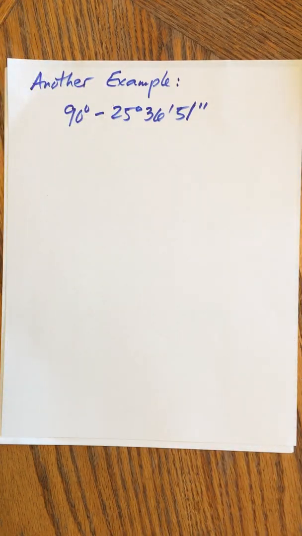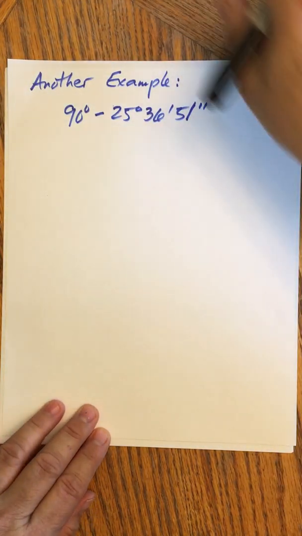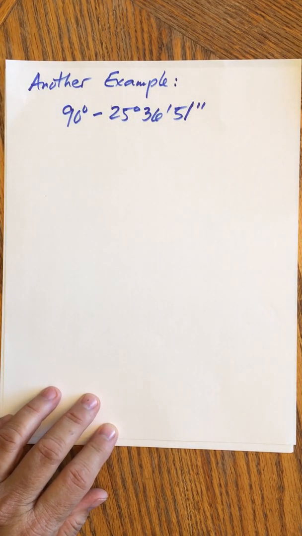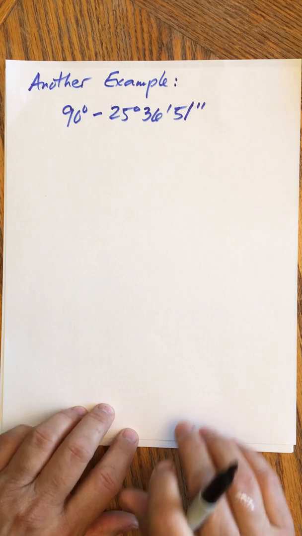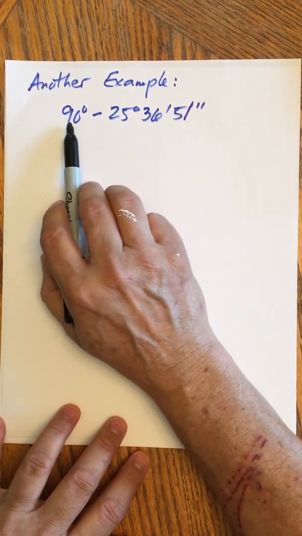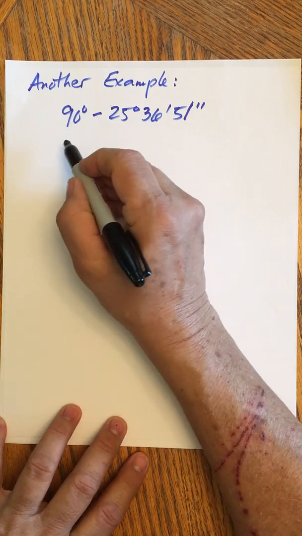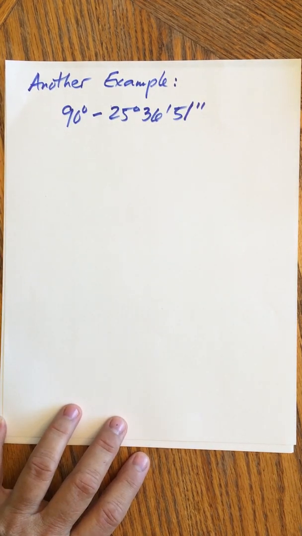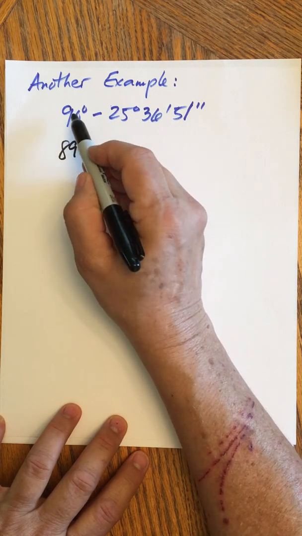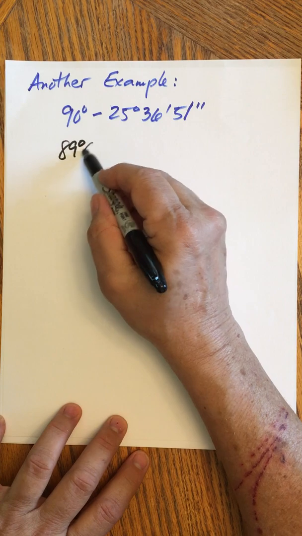And then for our last example, suppose you have 90 degrees and you want to take away 25 degrees, 36 minutes, and 51 seconds. So now you're going to have to borrow more than once. Because remember, 90 degrees would be, just pause for a moment, think of how I would come up with the seconds. How many degrees and how many seconds would I have? So you should say, okay, 89 degrees, because I'm borrowing 1 degree, but that gives me 60